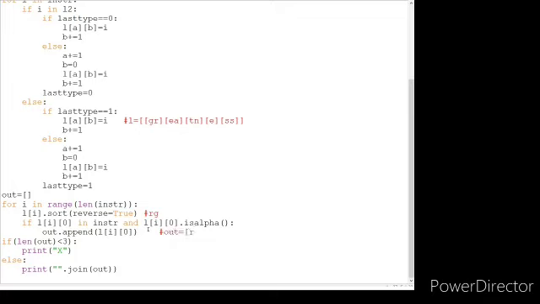Then out is equal to R. In the next iteration we encounter EA. After sorting and reversing it will become EA, and we are appending the first character, E. Again next TN, we are appending T and then E. After sorting and reversing, we are appending E also to the output string and then S.